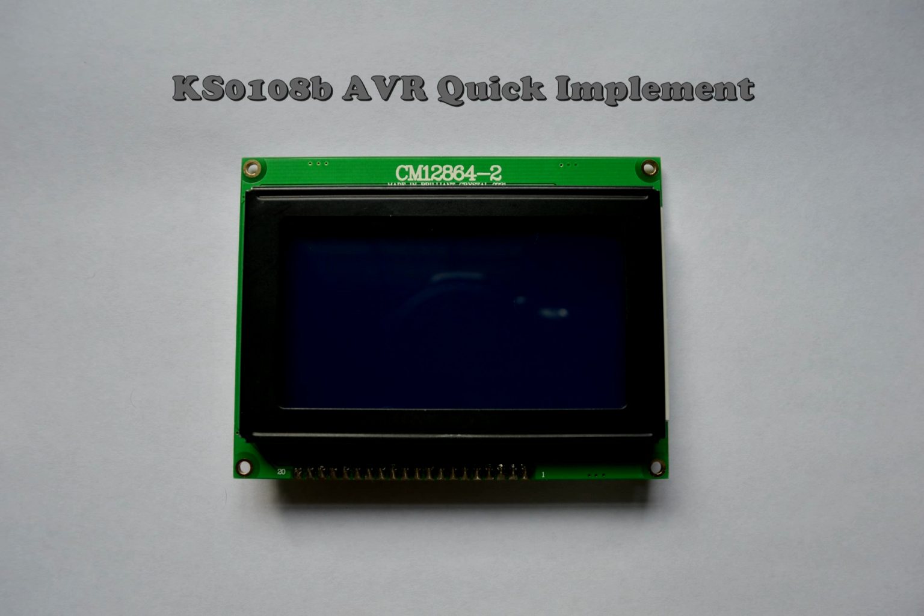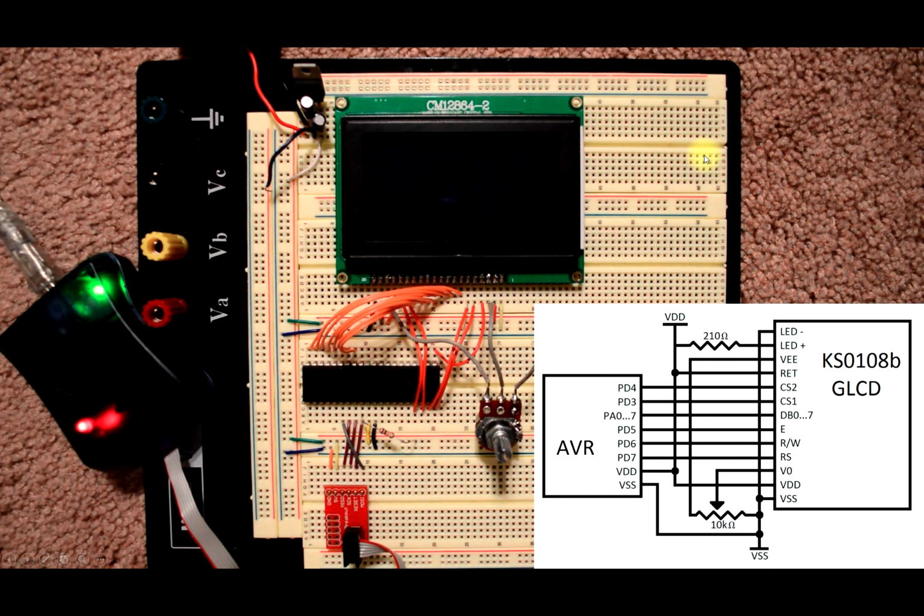Hi, this is a basic tutorial showing the implementation of LCD displays with a KS0108 Bravo controller on the Atmel AVR line of microcontrollers. Here's the circuit with the diagram inlaid here. I selected the AVR ATmega324p